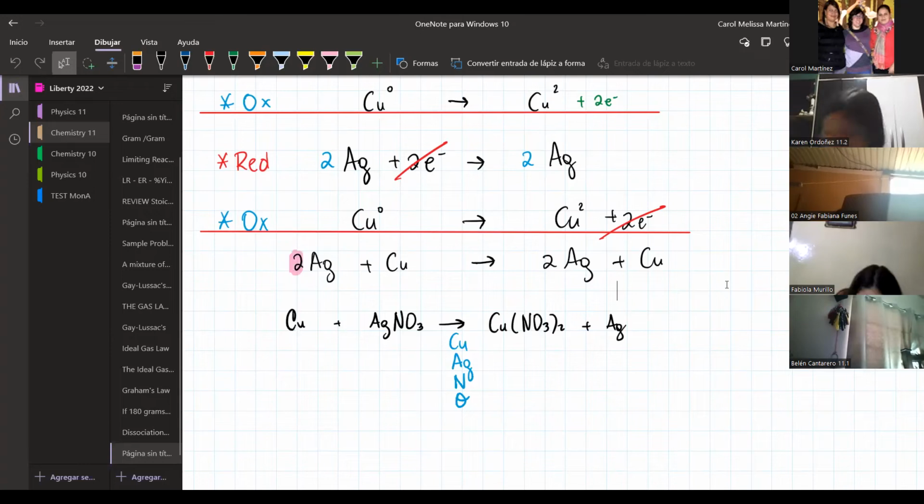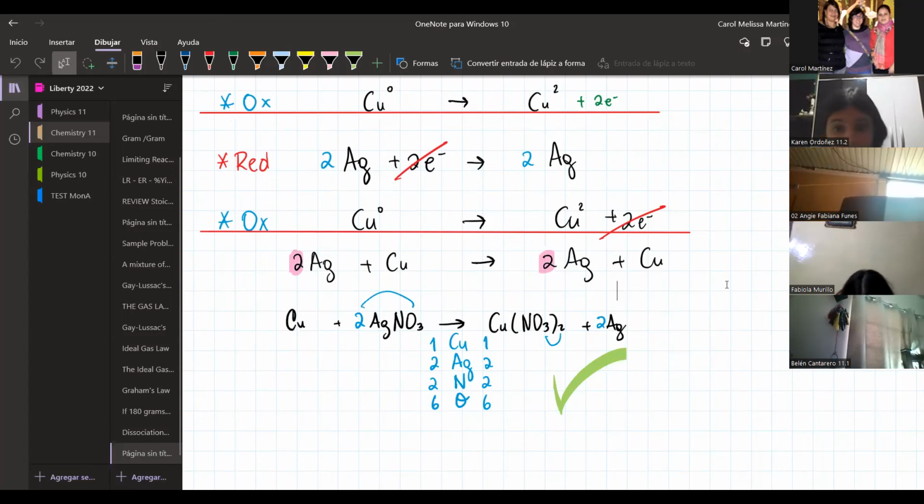Silver is 2 on each side. Nitrogen is 2 times 1, which is 2, and on the other side is 2 times 1, which is also 2. Oxygen is 2 times 3, that is 6. And in this one, oxygen is 2 times 3, which makes 6. And with this, we say that it is balanced. So this is another example where you didn't have to do any other adjustment after